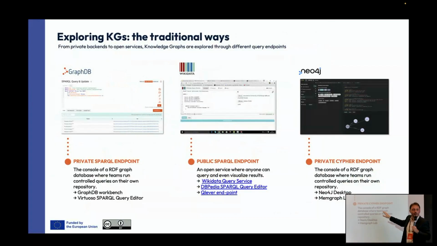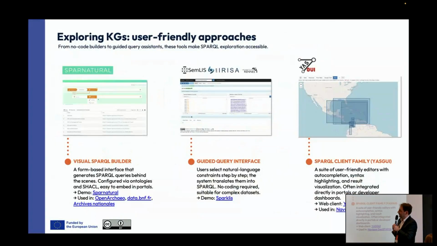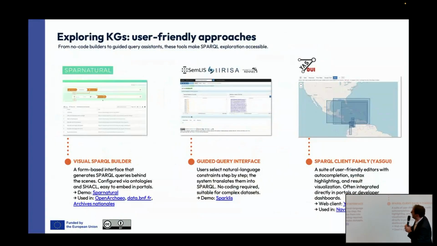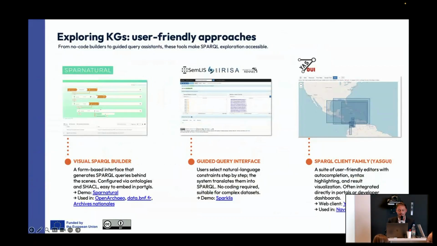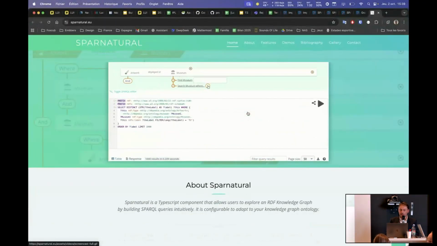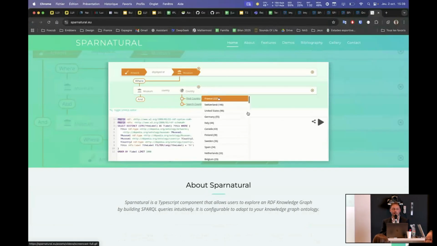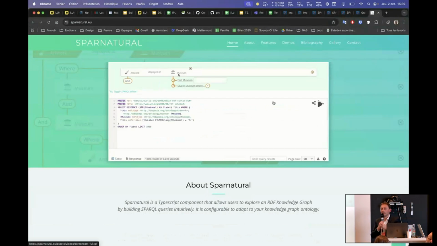It's also the case for other kinds of graph, for example, property graphs like Neo4j. We have a console with requests in another language, for example, here Cypher, to explore our graph in different ways. But now we have also very interesting approaches, and I would like to highlight the first one, which is SparNatural, already shared by Luca recently. So, as you can see here, it could be another way to allow the user to explore the graph with this kind of tool. Maybe we can offer something like this for our GRAPHIA